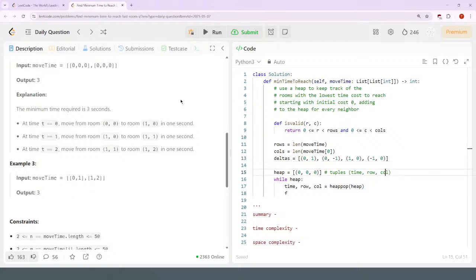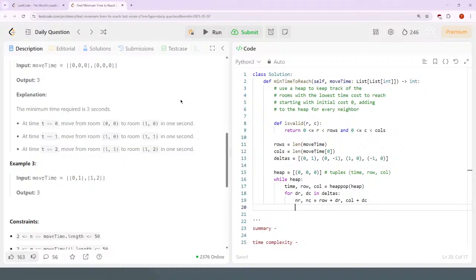So this is the change in row and change in column. So for every dr, dc in deltas, where dr, dc is delta row, delta column, the new row, new column is row plus dr, column plus dc,